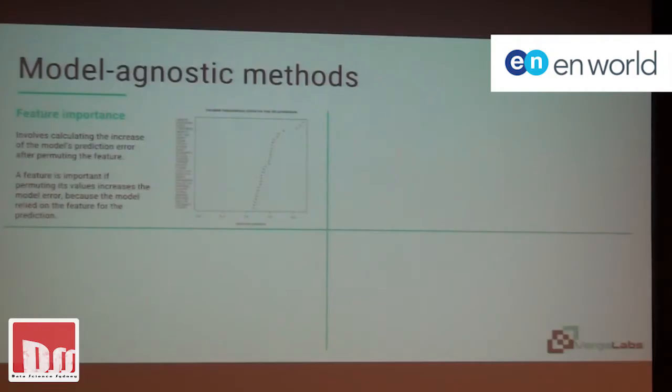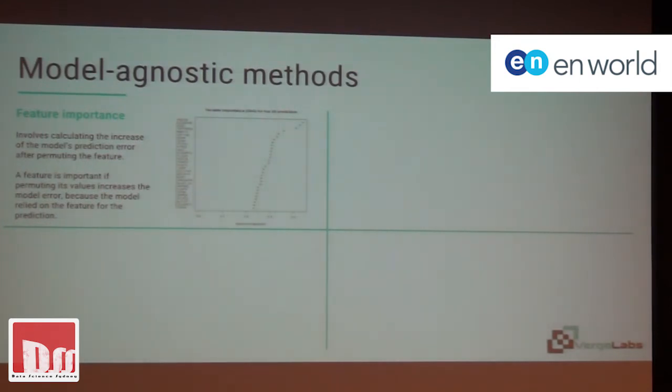All right, so here are some model-agnostic methods. When I say model-agnostic, I mean you can put any model in. So it doesn't matter if you've got a 40-layer deep neural network or a straightforward decision tree. These methods all work. Obviously, they might become a bit more difficult to interpret with a more complex model, but the output looks the same in every case.